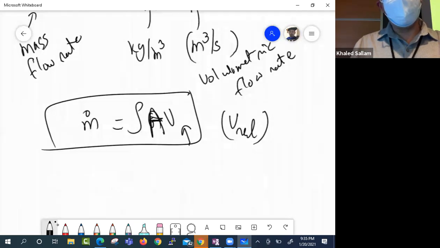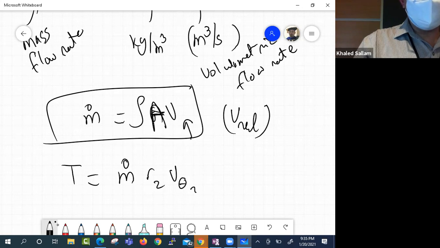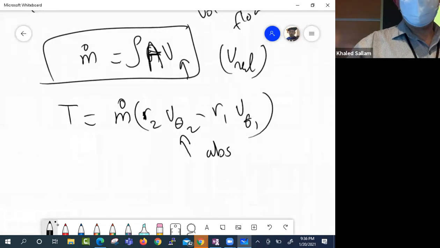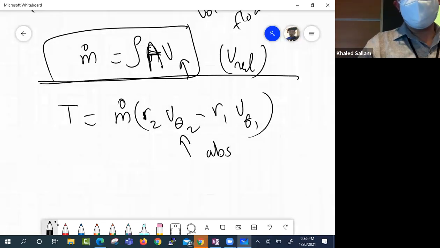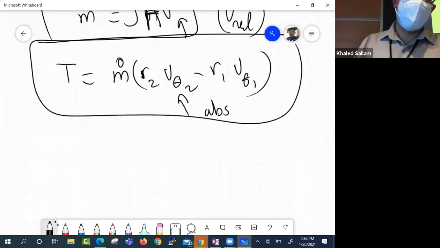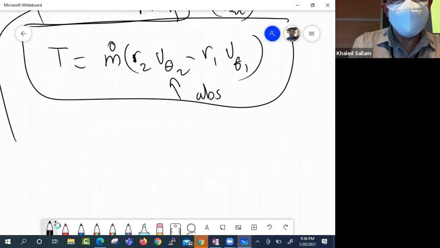Okay. When it comes to that equation of the torque that we're going to derive in a minute, m dot times R2 V theta 2 minus R1 V theta 1, this has to be absolute. Okay. So for continuity, you use the relative velocity, and for torque, you use the absolute velocity. Okay, and so the example that I usually give myself to remember which velocity I should use for m dot, I say,